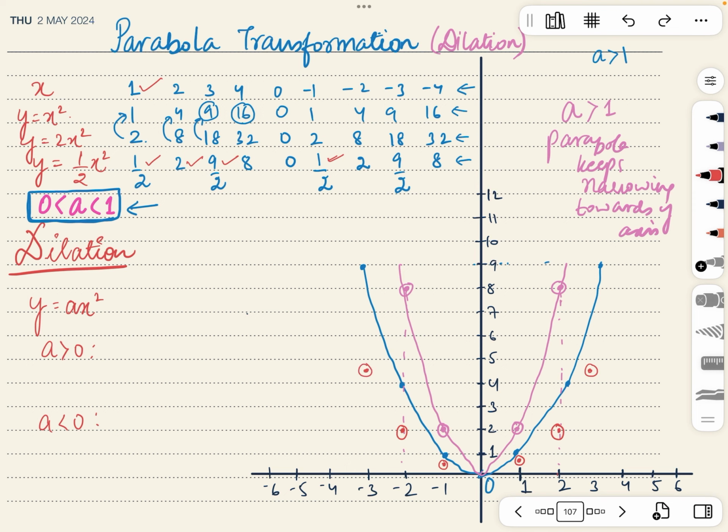So you see, this is how it is going. This is for half of x squared. This is for 2x squared. And for basic x squared, we have this blue graph. So you see, if the coefficient is between 0 and 1, it shows a wider parabola. If the coefficient goes beyond 1, like 2, 3, 4, it will come closer to the y-axis, which is, as you can see, 2x squared is slightly closer to